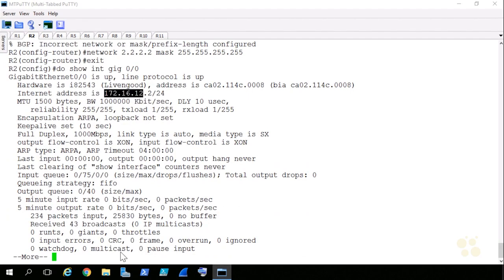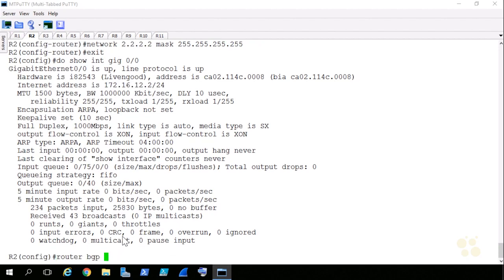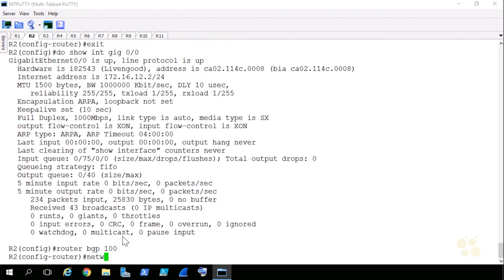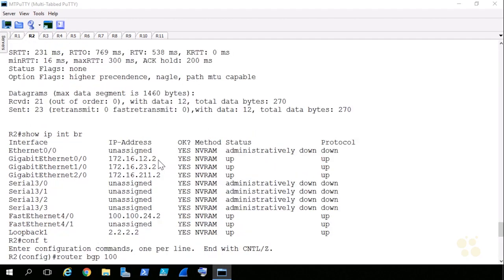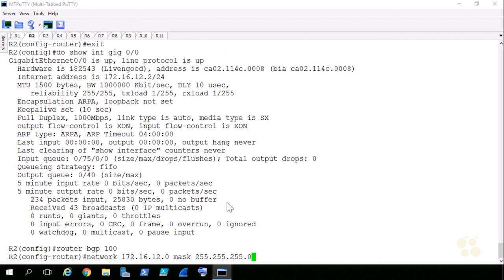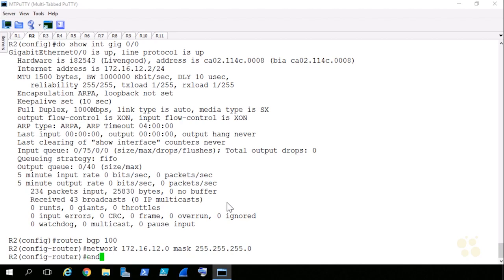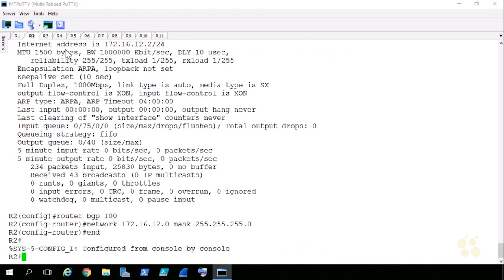It's going to be .0/24. So hopping back into my BGP instance, I'll also advertise the 172.16.12.0 subnet, and I'll have to specify the exact subnet mask. There is a way that we can summarize these 172.16 addresses, and that's something that we'll cover when we get to route filtering. For now, I'll advertise those two networks, and we'll jump over to R4 to make sure that